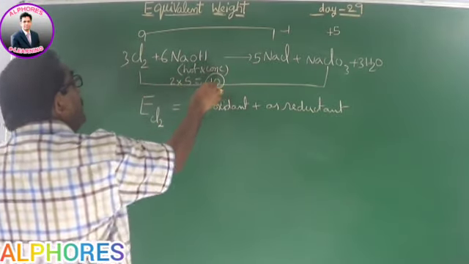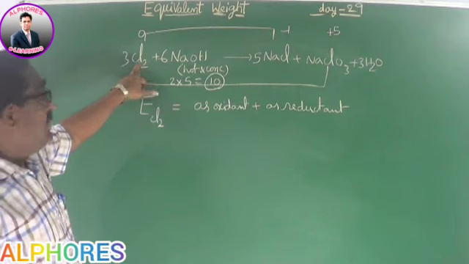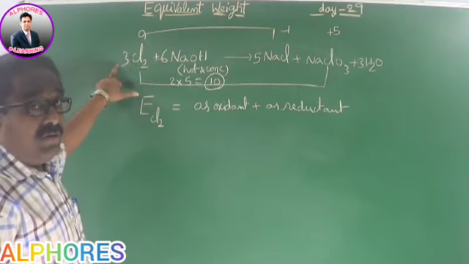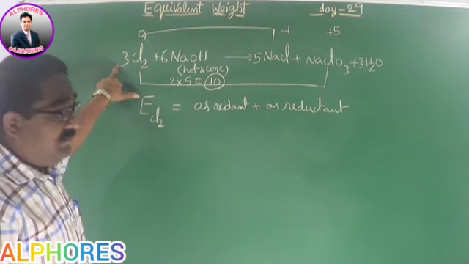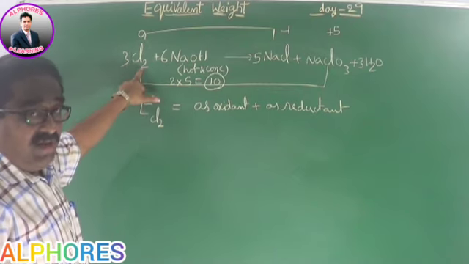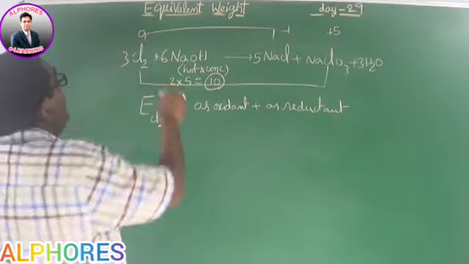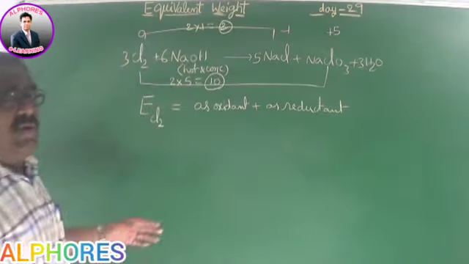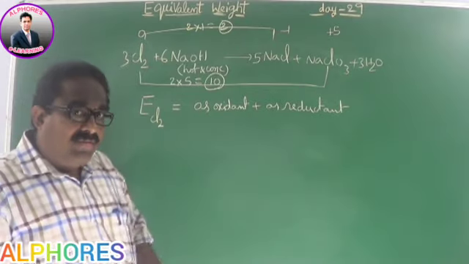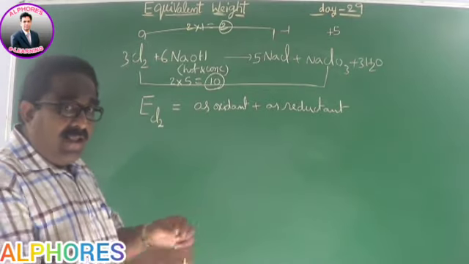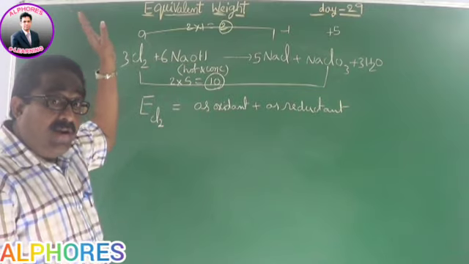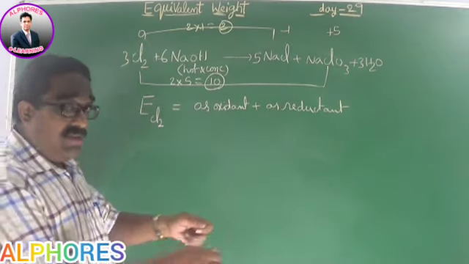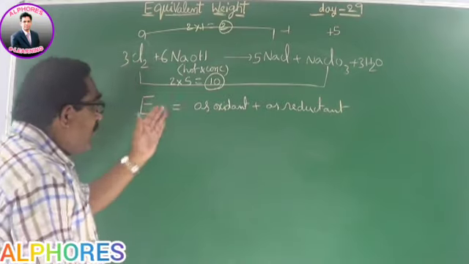I have already taught you, the total change you should consider. This is the molecular form Cl2. Don't bother about the stoichiometric coefficient, only the chemical composition of the molecule. The same here also, 2 into 1, 2. Of course, while balancing we have cancelled common terms. See the link of the concept from balancing of redox reactions to equivalent mass estimation. How the chain link is constant.